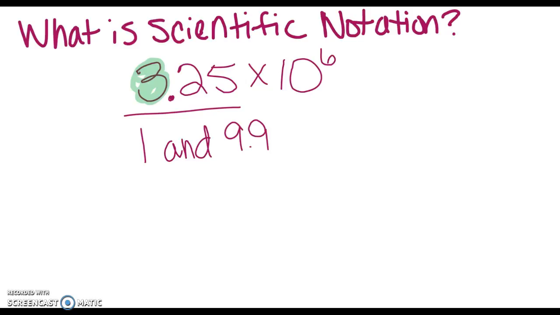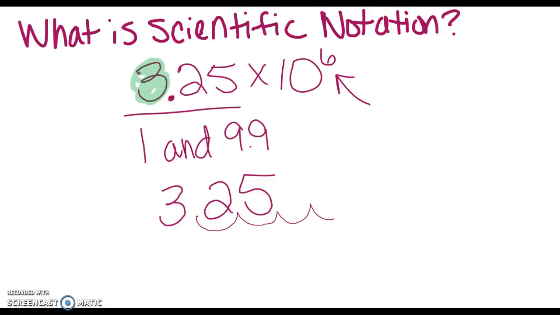What that means is when you have a number that you're going to multiply by 10 to some power, that basically just moves the decimal point. So if I take 3.25 and I multiply it by 10, it starts to move the decimal point. If I'm going to take it times 6 tens, then I'm going to move the decimal point 6 places. So if it goes 6 places to the right, 1, 2, 3, 4, 5, 6, those extra 4 places turn into zeros. So 3.25 times 10 to the 6 actually becomes